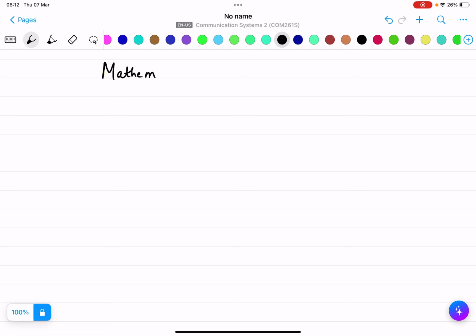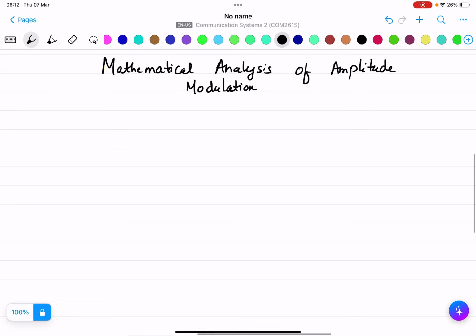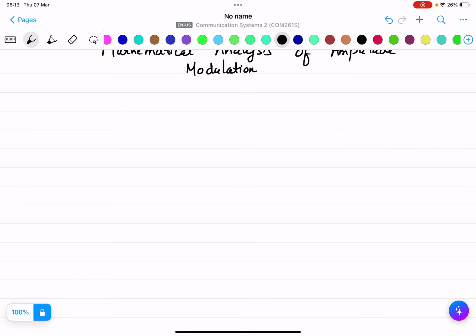Mathematical analysis of amplitude modulation. Okay, so before starting this, in the previous lecture we have already discussed that the carrier wave is expressed as